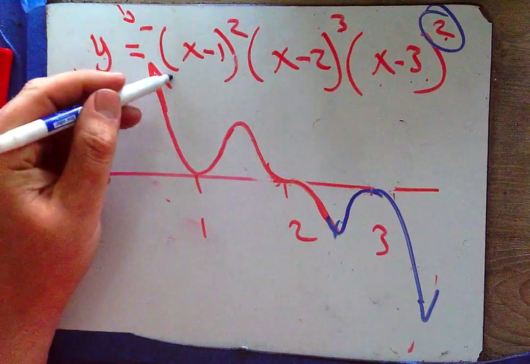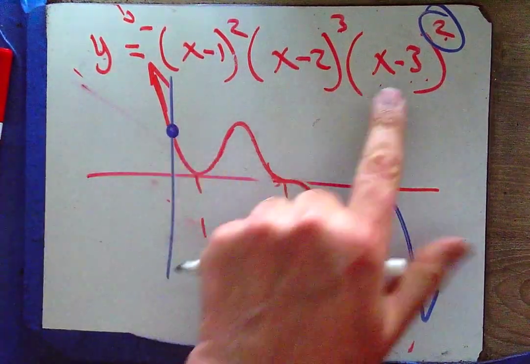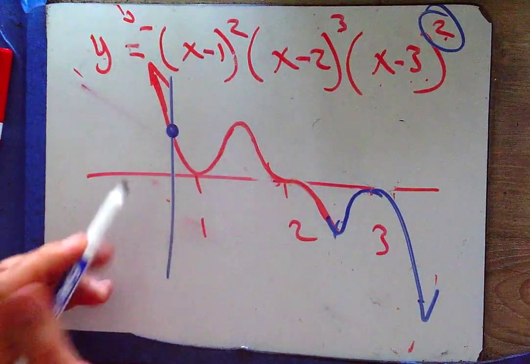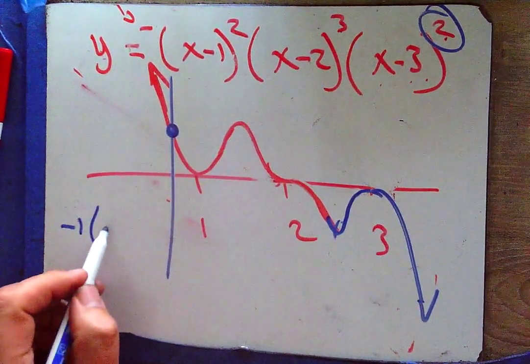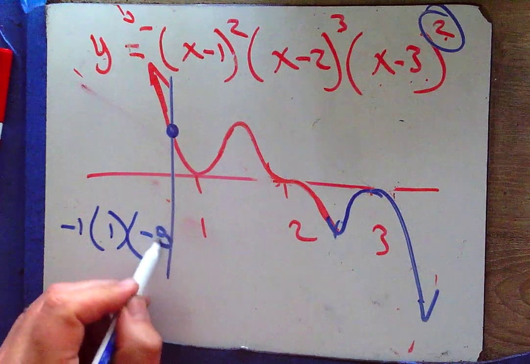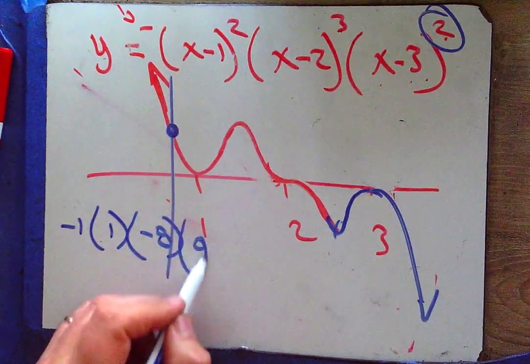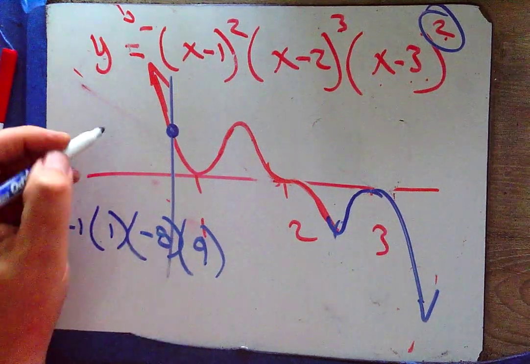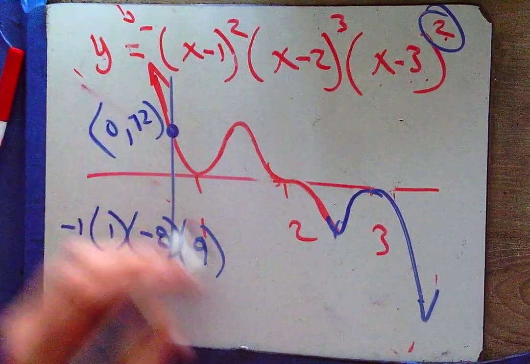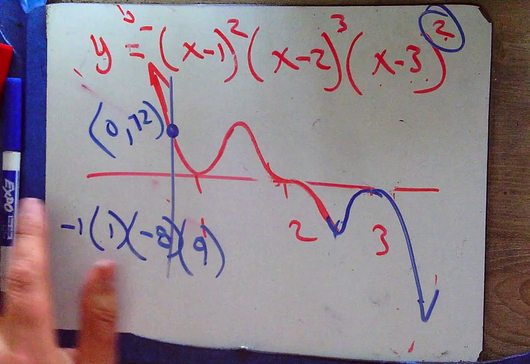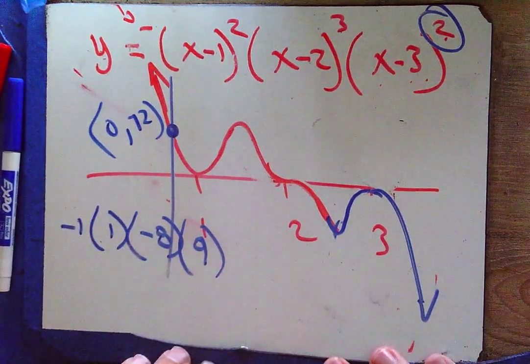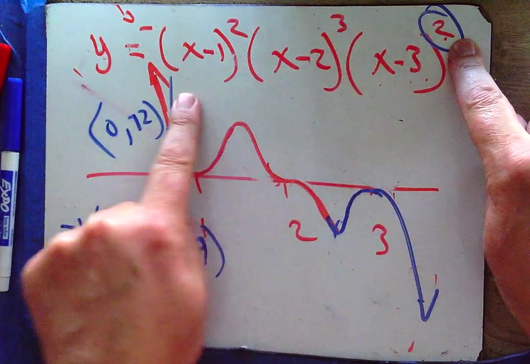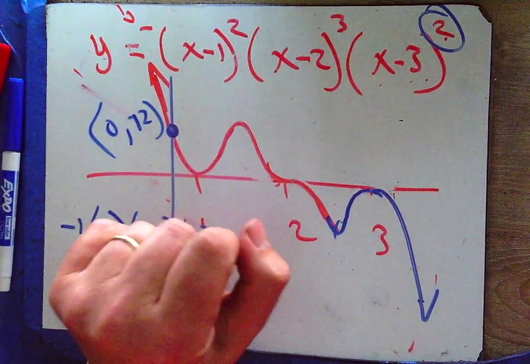All right? And of course, don't forget the y-intercept. I plug in a 0, I plug in a 0, I plug in a 0, and don't forget that negative. So negative 1 times 1 times negative 8 times positive 9. So 72, positive 72. 0, 72. And there's our graph. So we graphed by appealing to the degree of the factors known as the multiplicity, but